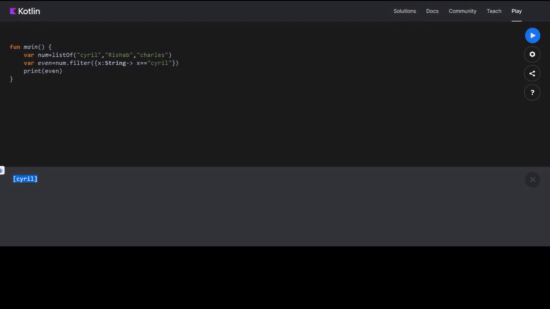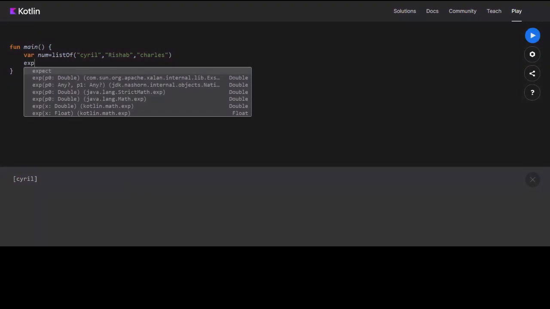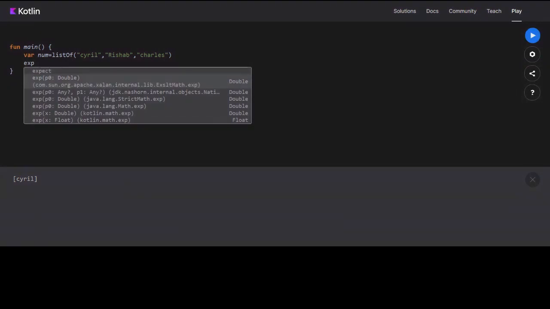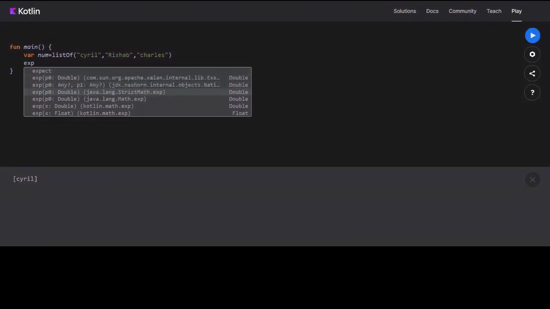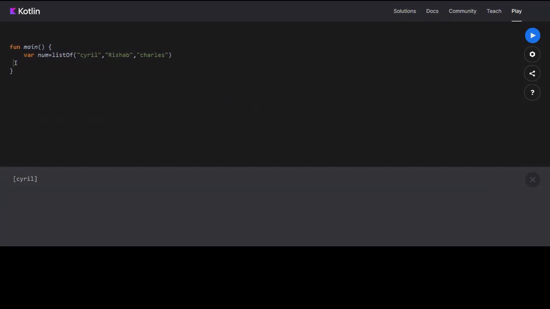Exponential operator. I think there should be an exponential operator. Let's check it. I have used exponential operators before. There are a lot of functions, so you can check it.